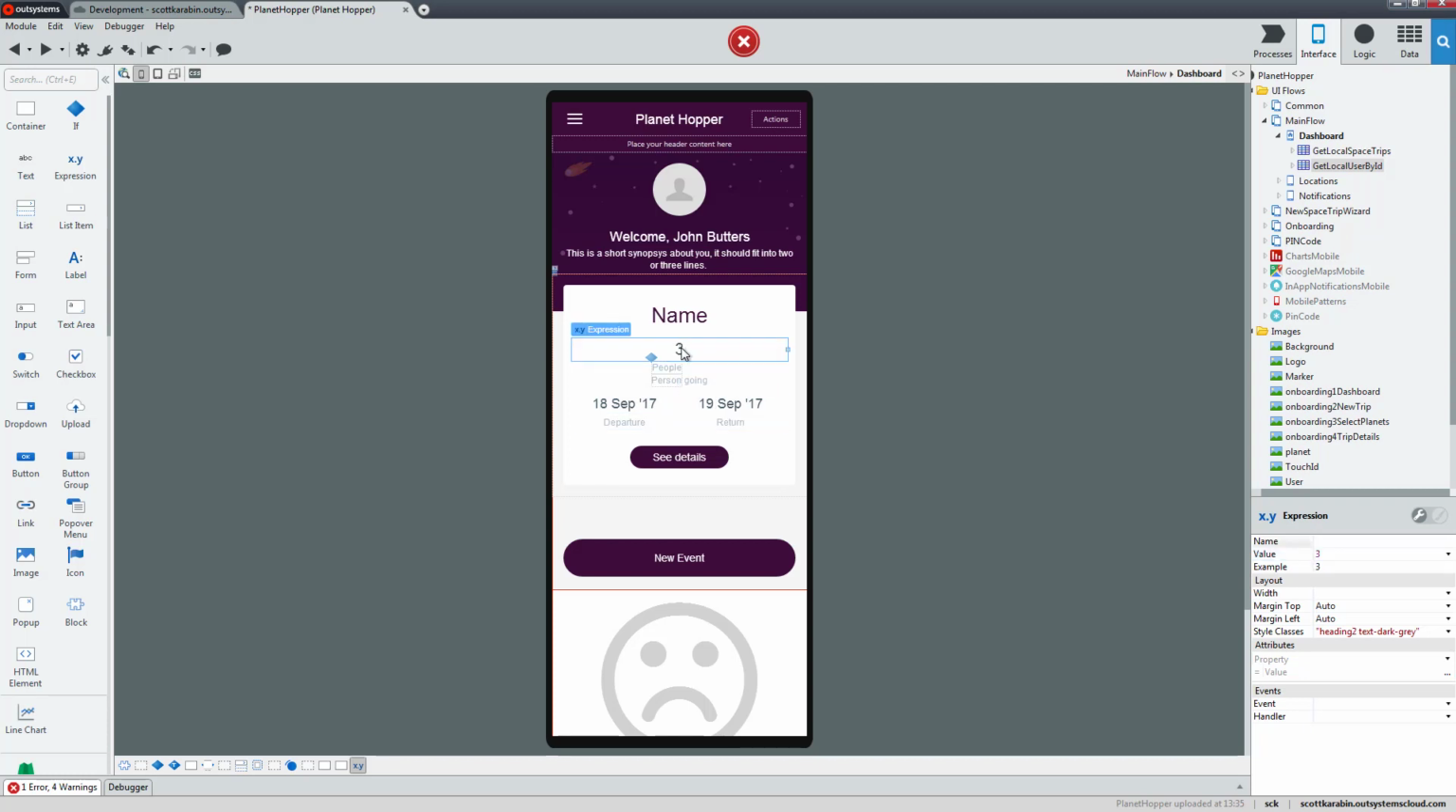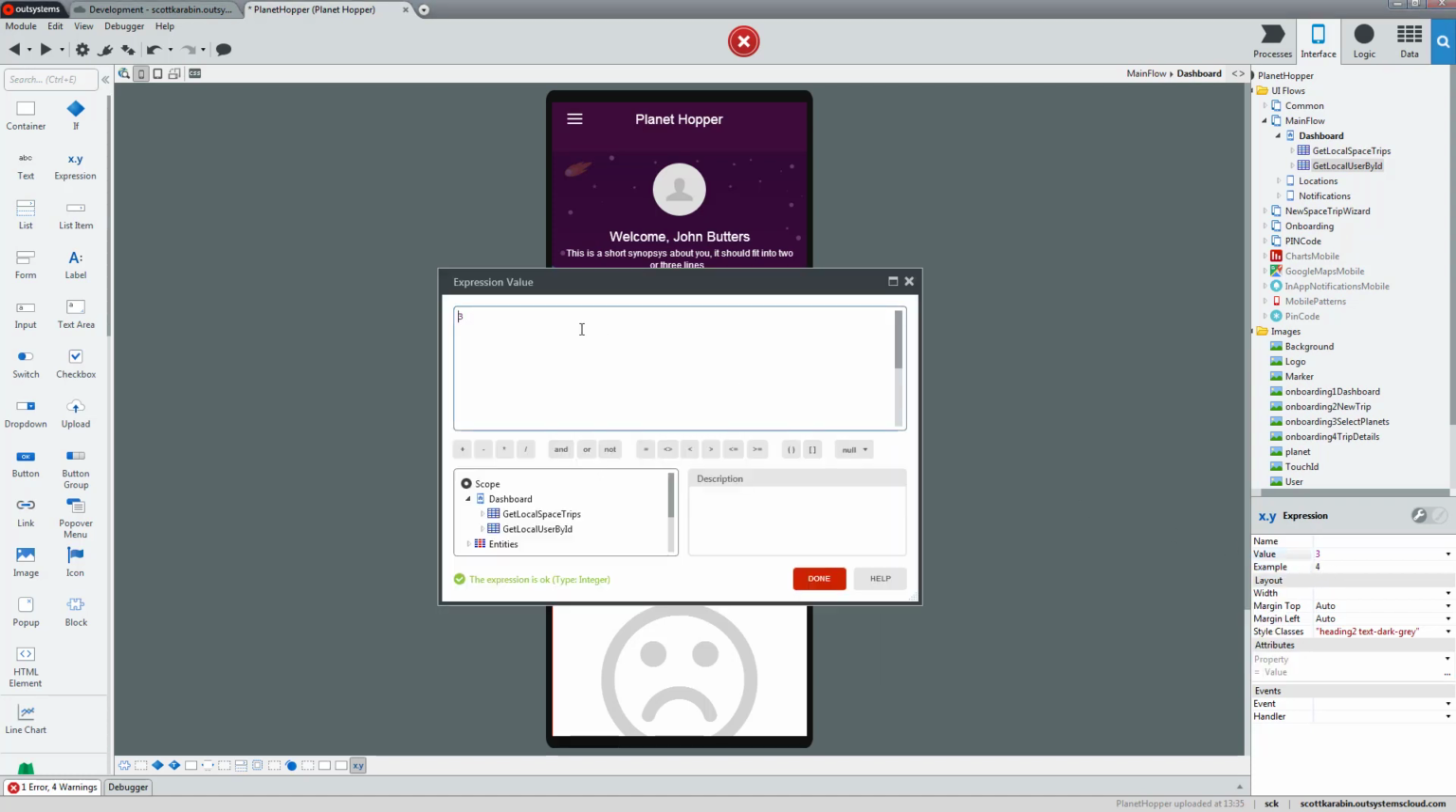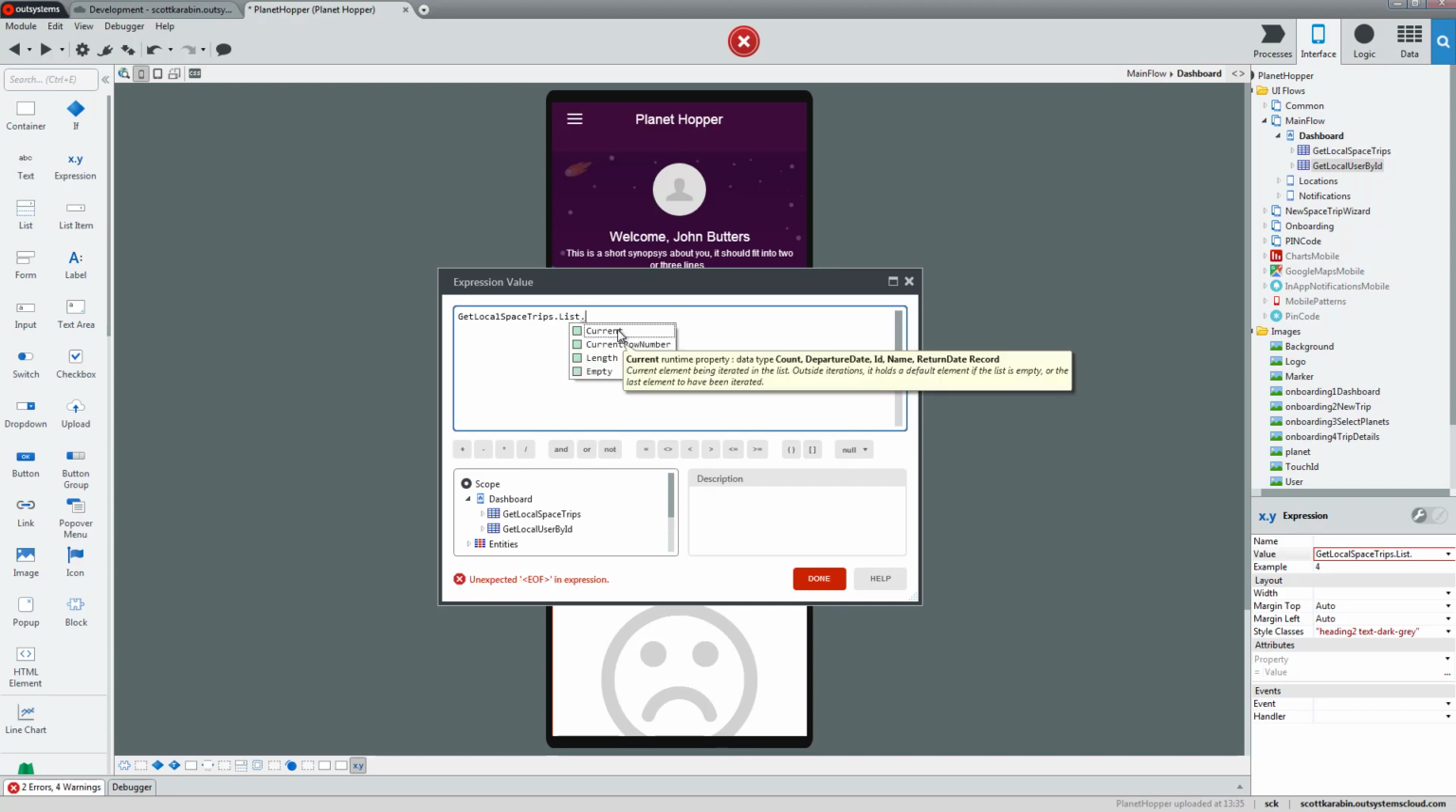When we click on the number, we actually see that this expression is the same example and the same value. So let's change the example just to prove we changed it. And in this case, the value needs to be something different. So the value here should be from our space trip list. We'll grab the current